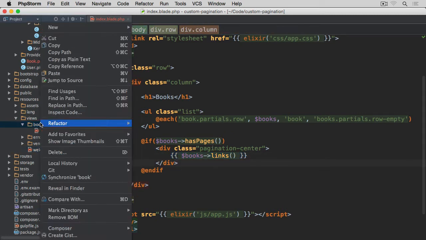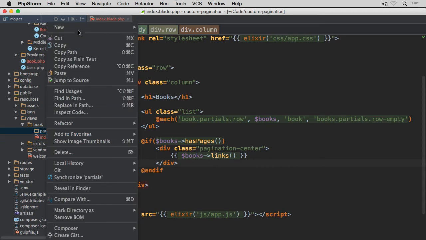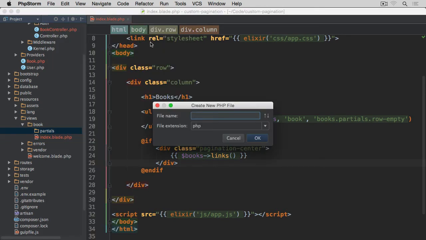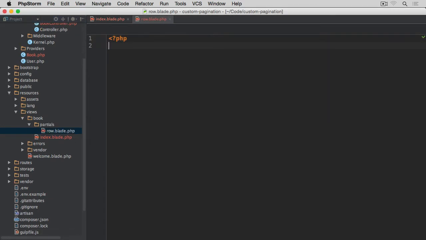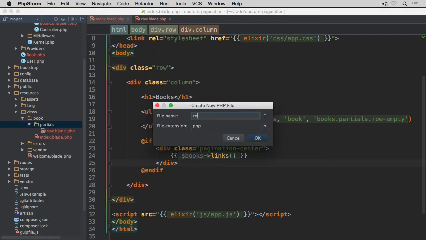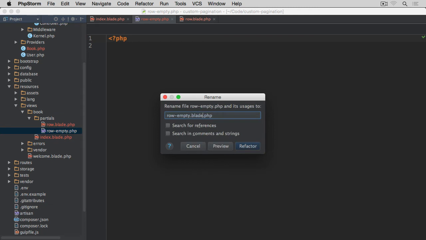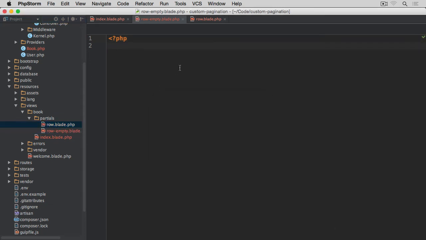So first, the new directory within the book directory is going to be partials, and the first file is going to be called row.blade.php. Let's remove what we've got here, and then the other one was row-empty. Let's do the same, row-empty. Oops, it should be blade as well. Name.blade. There we go. And again, let's remove this